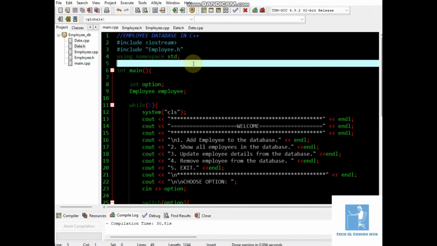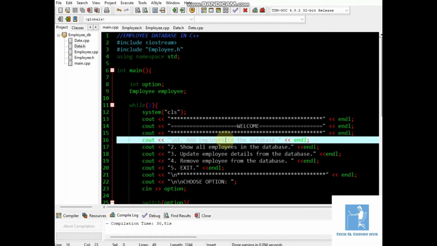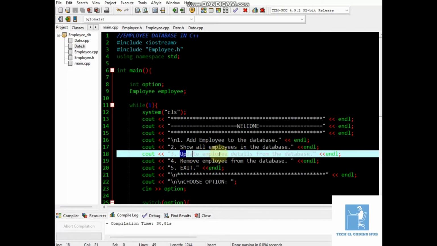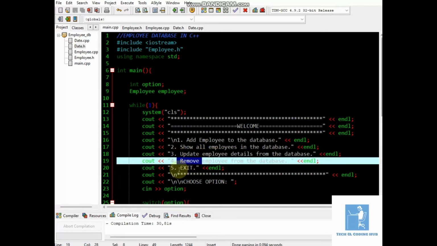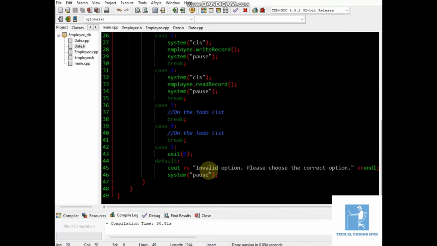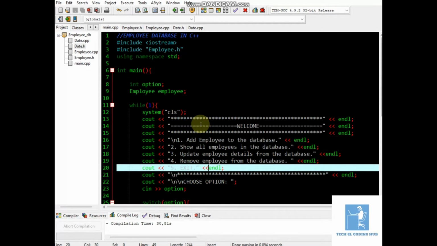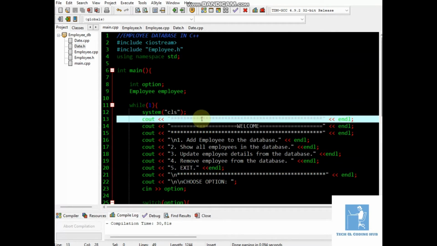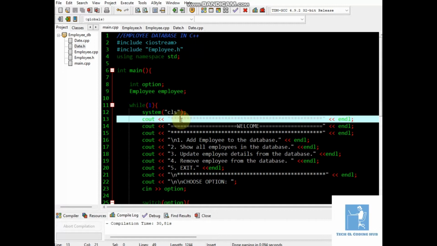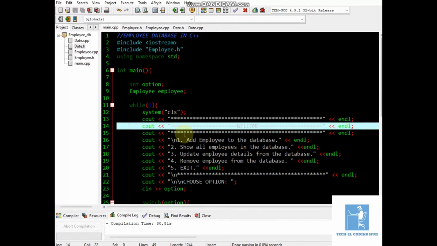In this project, it's a simple console application where a user can add an employee to the database. The user can show all the employees in the database, can update, can remove and exit. It's a simple project. This project is not very different from the last project we had. But the reason why I made this project is I want to introduce you to something which I think is important,